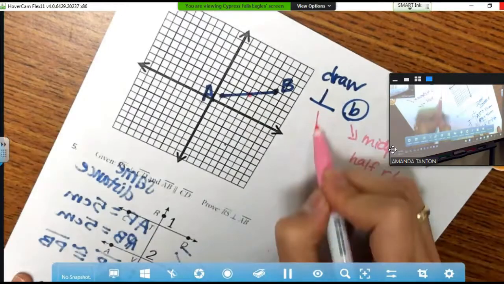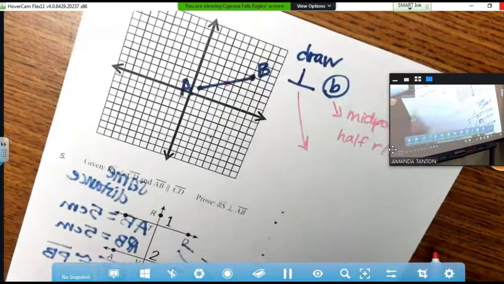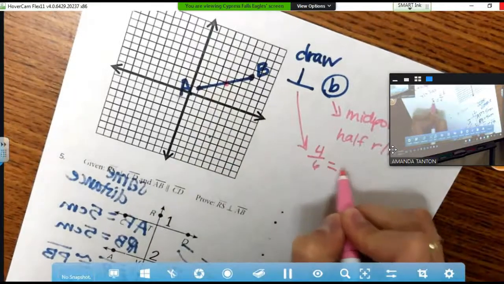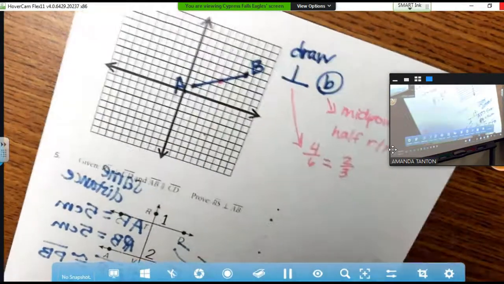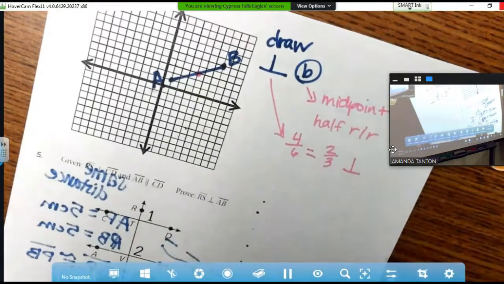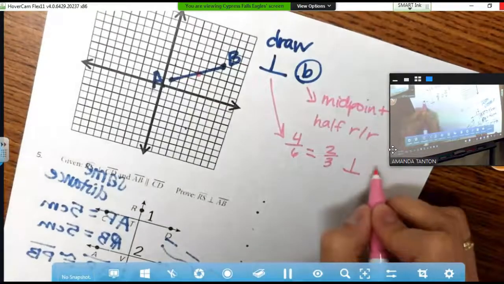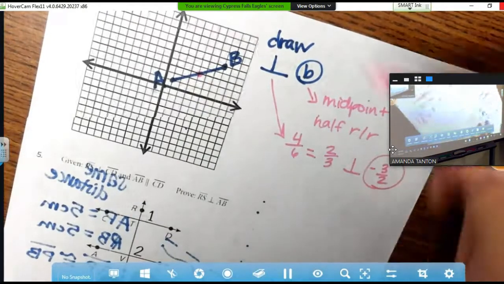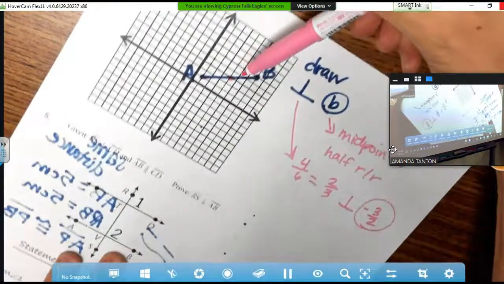Now let's do the perpendicular part. I know my slope, okay, I rose 4 and ran 6. So I know my slope is 2/3. I want the perpendicular slope to that. So opposite reciprocal, -3/2. So I'm going to start at my midpoint and I'm going to count a slope of